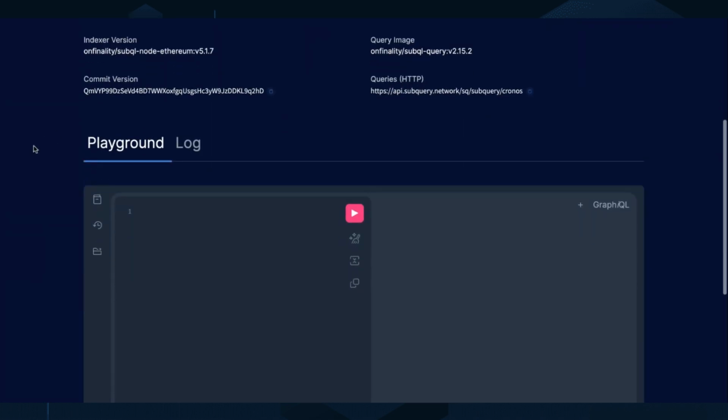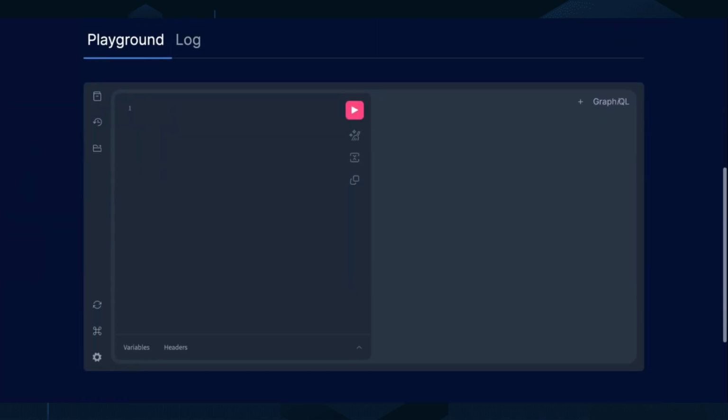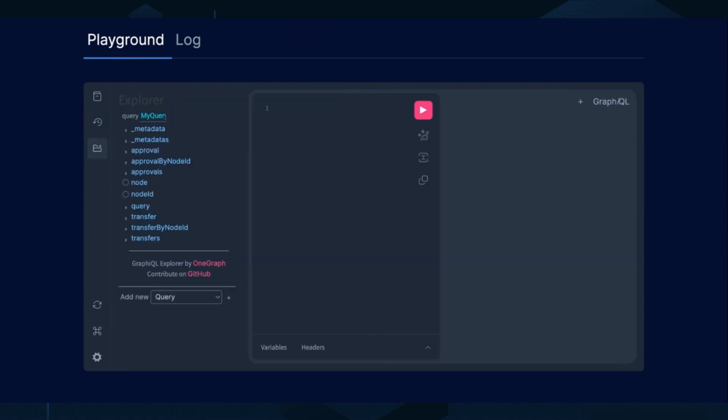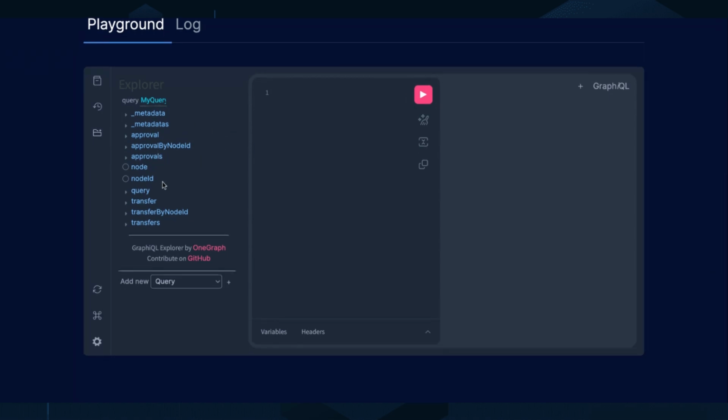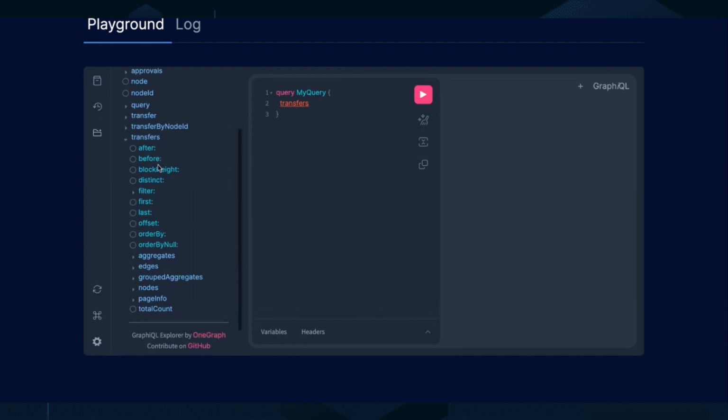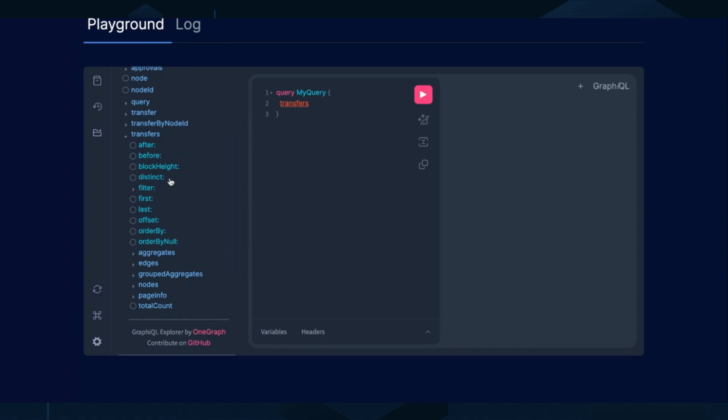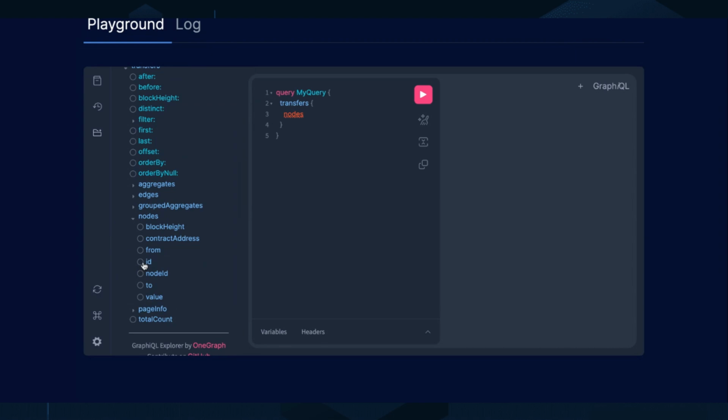And I can now query my data, the same way as if I was launching a project locally. Here I can see the GraphQL Explorer, and I can see all of the entities that I can query. So for instance, I can select transfers. Let's say I just want to print all the transfers and all the information indexed so far. If I press the play button,